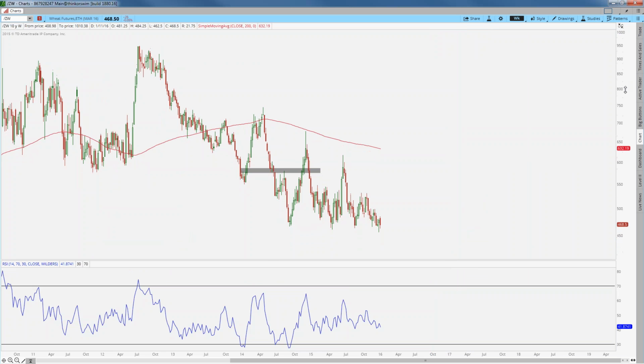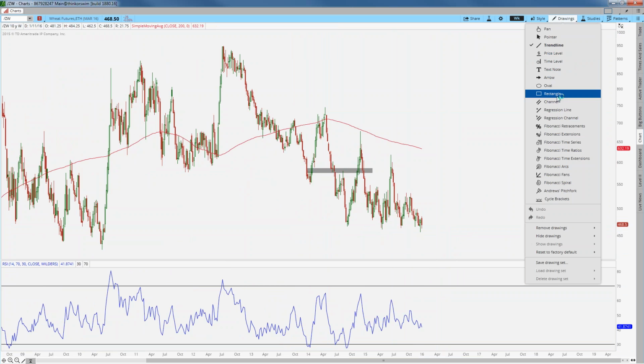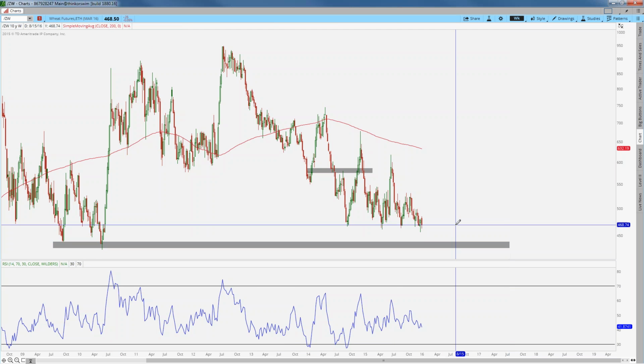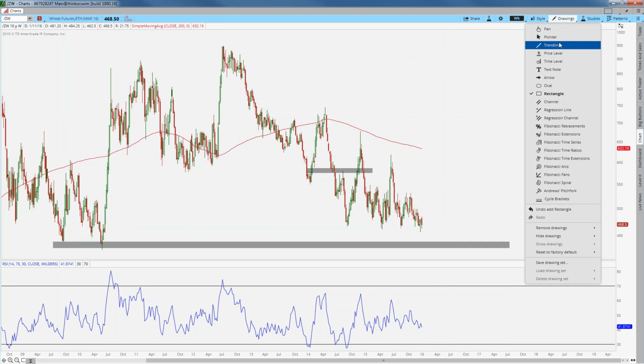I've been in the camp that we break down to one more low. 1, 2, 3, 4, 5 tests with a downward sloping 200-day moving average. I think the thing is that we don't have much downside, right? So although I do think we break down to new lows, I think it could be a low that we buy, right? So right around 435, 440, these prior lows here, if we can get a breakdown to new lows,